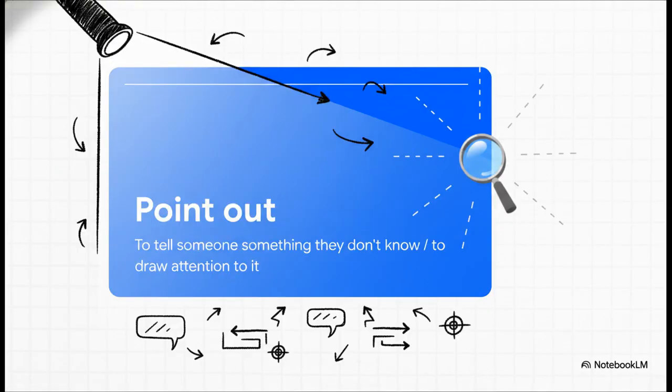Our first phrasal verb of action is point out. This means to tell someone something you think they don't know, or to draw someone's attention to something. Think about how incredibly essential this tool is, especially when dealing with those rivals we just talked about. If a competitor makes a mistake or if there's a glaring flaw in their argument, you need to point it out. It is literally the linguistic equivalent of shining a bright, undeniable spotlight on a specific, crucial detail so that absolutely no one in the room can ignore it.